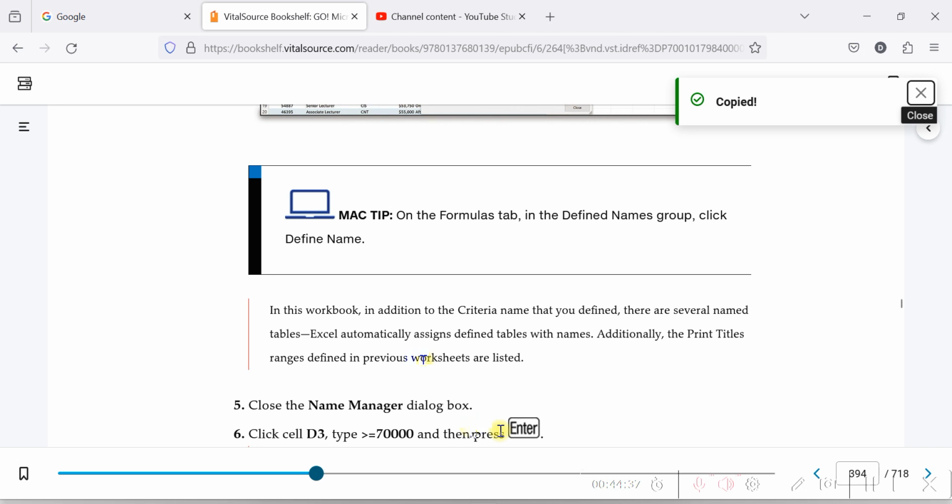we're going to go to Name Manager. In D3, we're going to type in greater than 70,000. Okay, let's go back. We select the range, name box, and the tab, define names, Name Manager. Name Manager, we're going to close off. In D3,